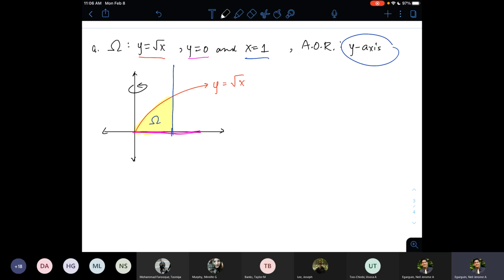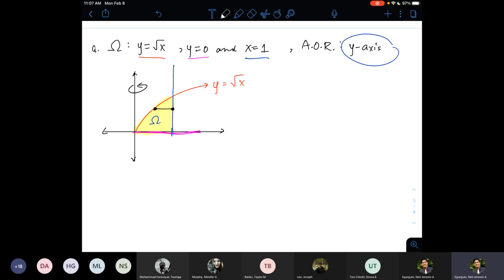I guess both horizontal and vertical strips are useful in this particular case, because if you draw a vertical line or a vertical strip, it's going to be red versus the pink one all throughout the region. Or if you draw a horizontal strip, it will always be the blue versus the red curve. So no splitting of the integral is needed for either of the two cases. Now the problem is silent as to what strip to use. So you have the liberty to choose the type of strips that you want.